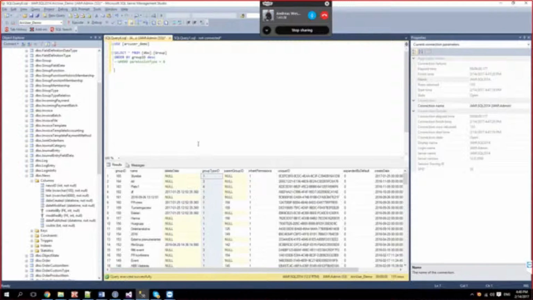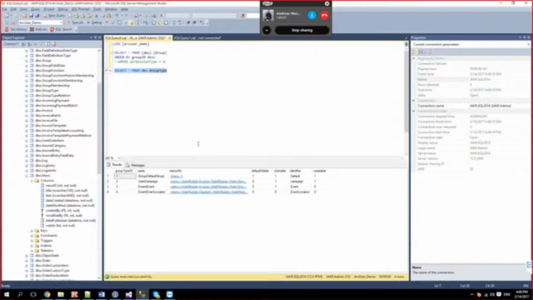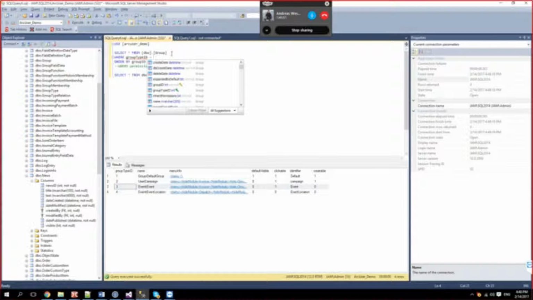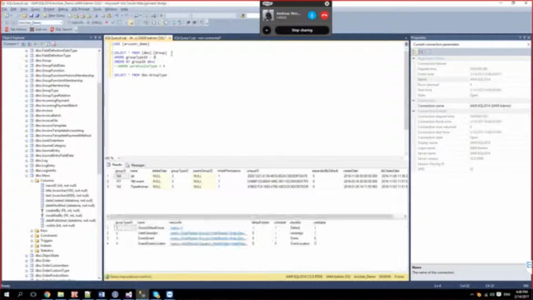And just briefly going into the database, select star from group type. We have this group type called event. So in order to get all the events from the database where group type ID equals 3, these are all the events that are present in the database. Okay.